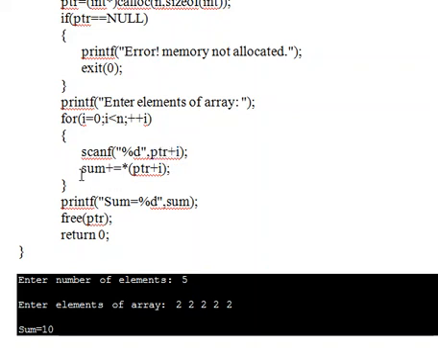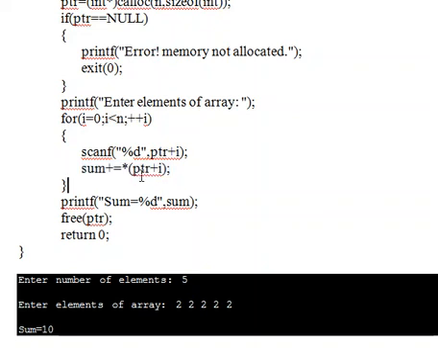Next, sum equal sum plus star ptr plus i. Now value of sum equal to 2. So sum equal to 2 plus star base address plus 1 into 2, that equal to sum equal to 2 plus base address plus 2.